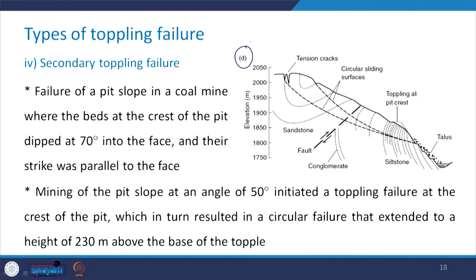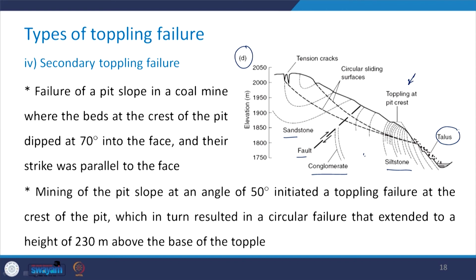Coming to the last part, which is the type of the secondary toppling failure, that is the toppling at pit crest. Now, here you can see that sandstone, fault, conglomerate and siltstones are present as a part of this slope, and here you have talus. So, what happens is the failure of a pit slope in a coal mine,